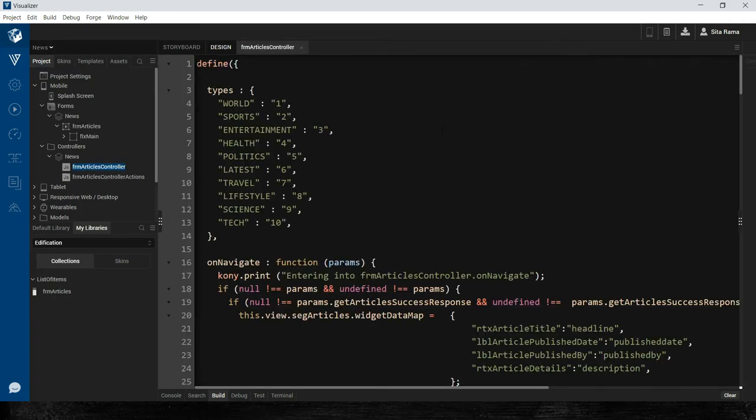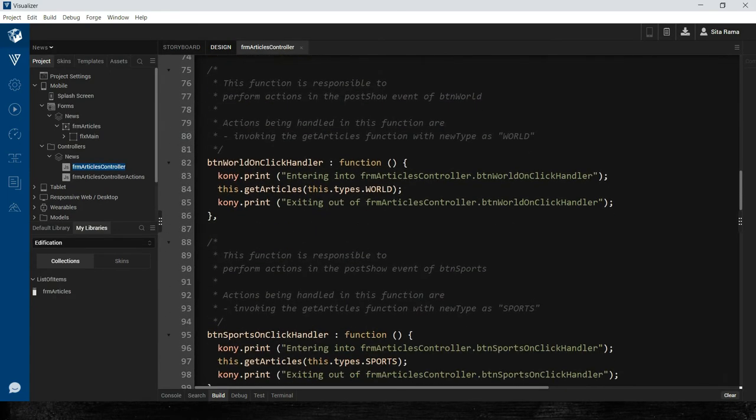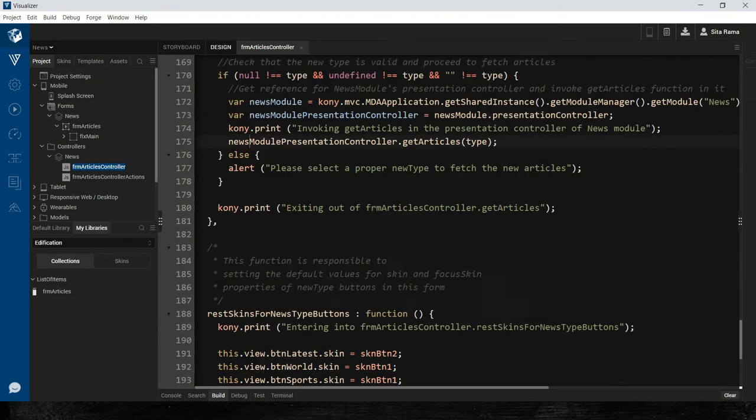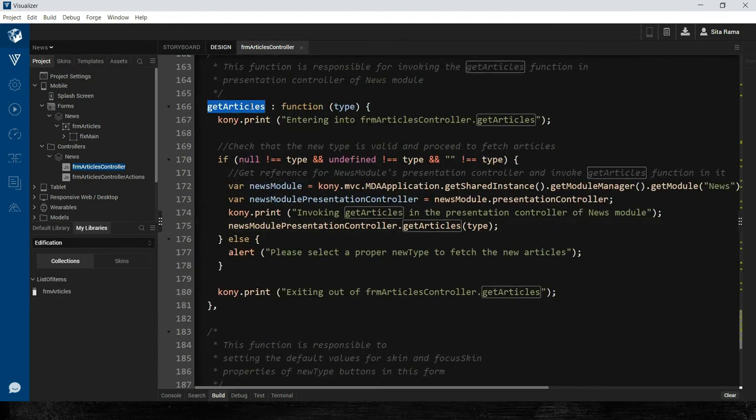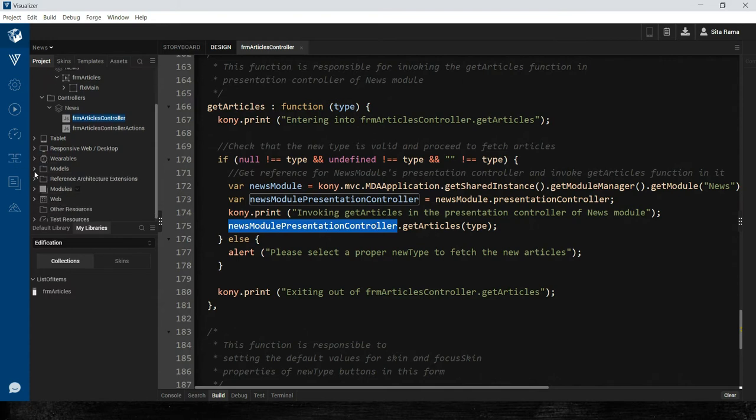In the previous episode, we looked at the implementation which we have created in the form controller, and we understood that from the get articles function in the form controller, we are invoking the get articles function which is defined inside the presentation controller associated with the news module that we have under the reference architecture extensions.